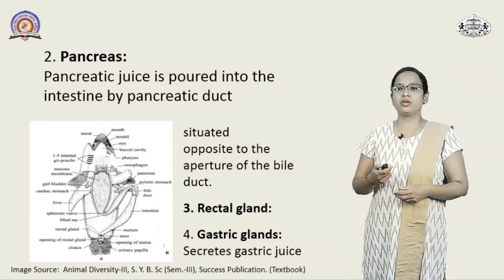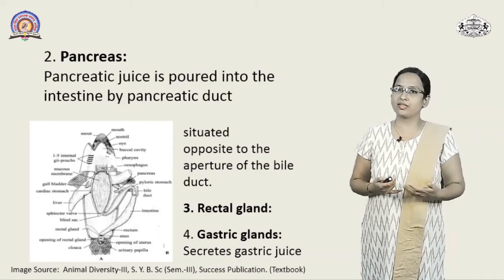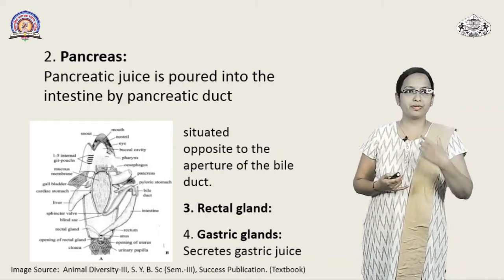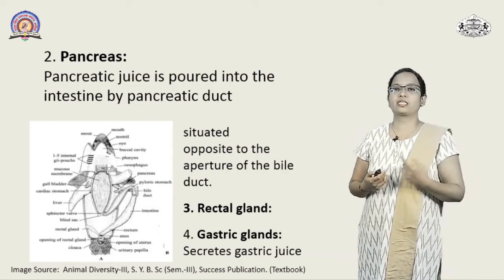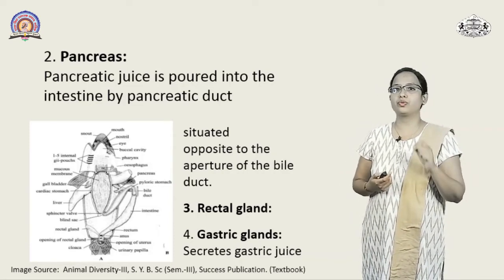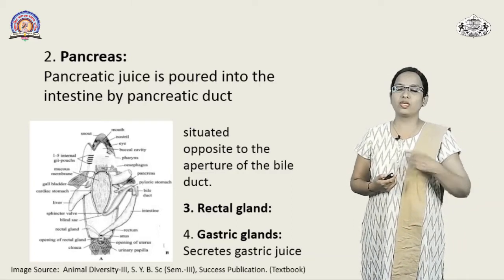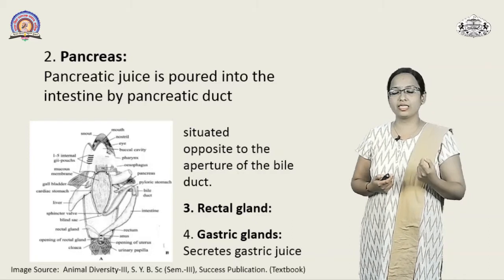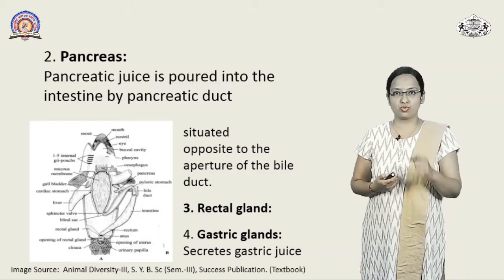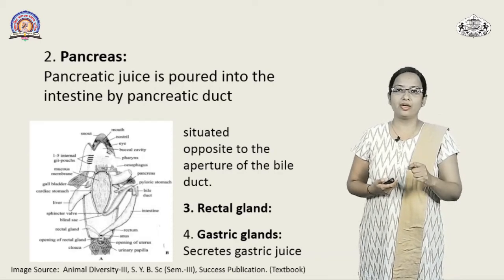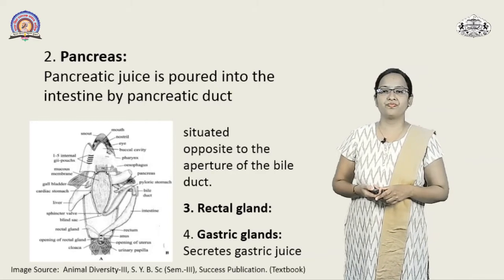Now the next gland is going to be the gastric gland. Where are they present? Obviously they are present in the cardiac stomach. The lining of the cardiac stomach has very minute glands referred to as the gastric glands. What are the secretions of it? It secretes the gastric juice. The components of the gastric juice are pepsin and hydrochloric acid. We will see what is the use of these two when we start with the